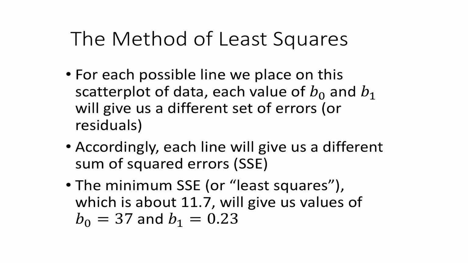For each possible line we place on the scatter plot, we have a different intercept and slope. And these different values of the intercept and slope will give us a different y hat. Because the error is y minus y hat, we get a different error, and we get a different sum of squared errors. Now, in this case, by minimizing the sum of the squared errors, which is 11.7, we find that the intercept and slope associated with it are an intercept of 37 and a slope of roughly